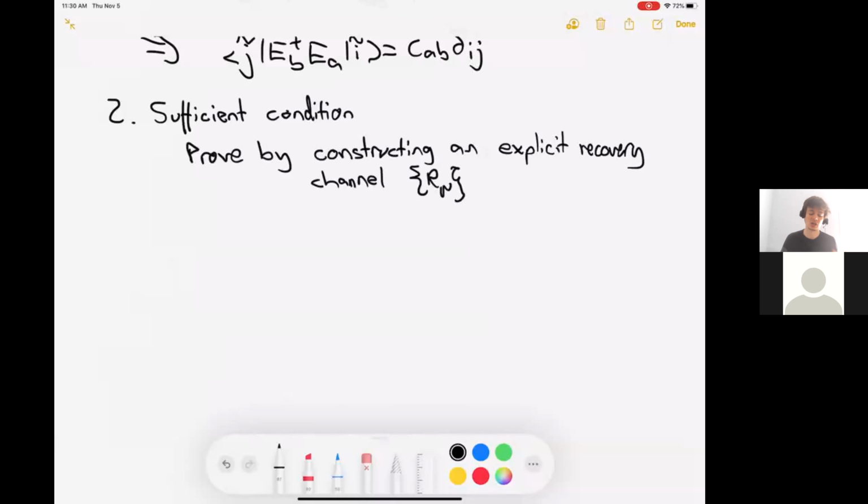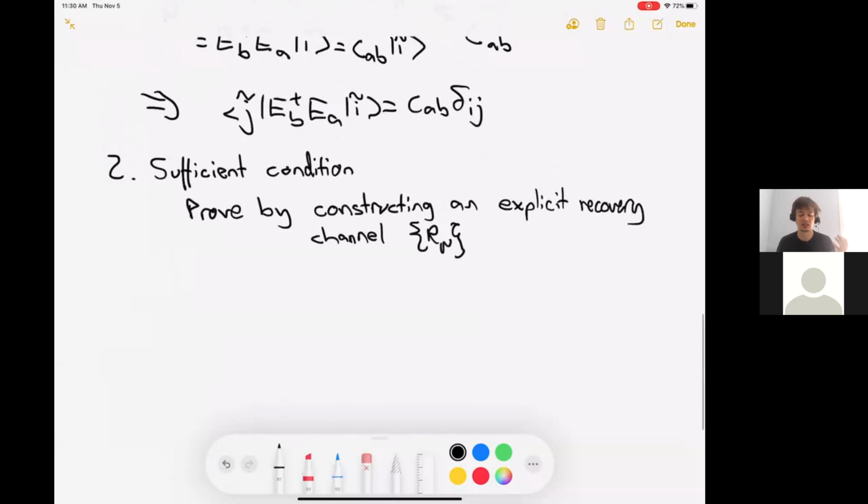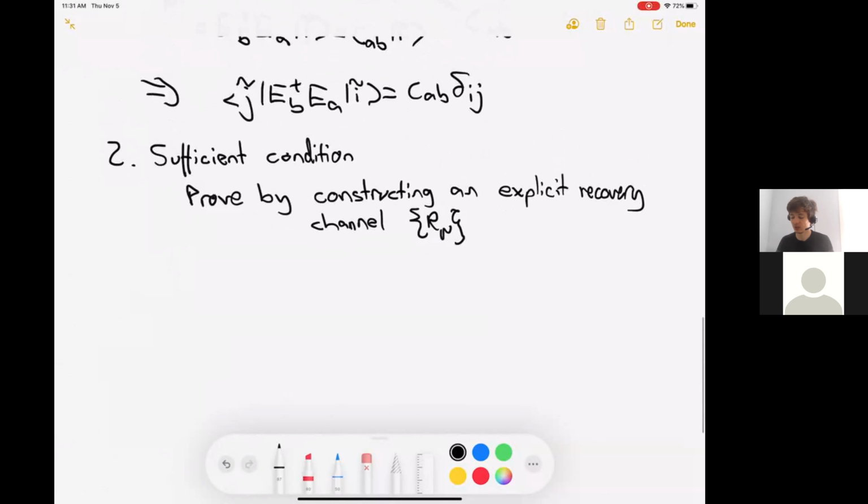Okay, that will work whenever this condition holds, then the construction will work and it will recover the state. Okay, and the way we're going to do that